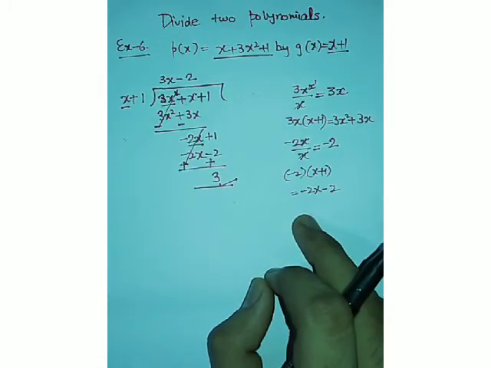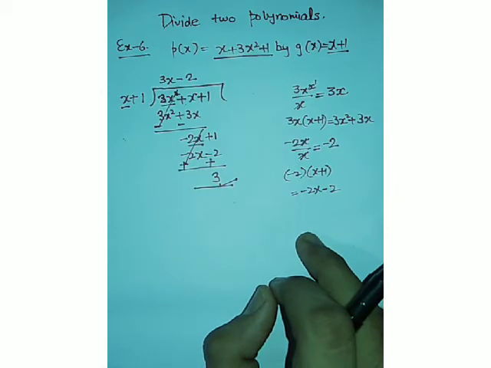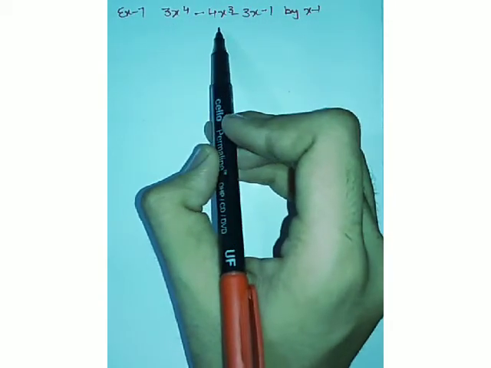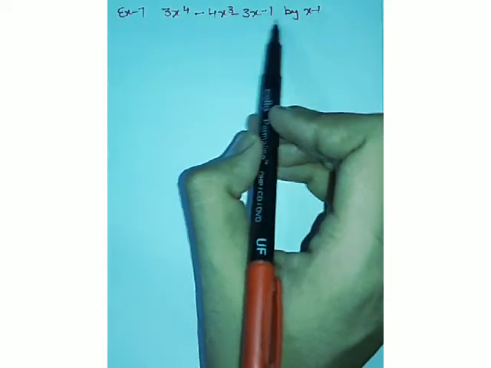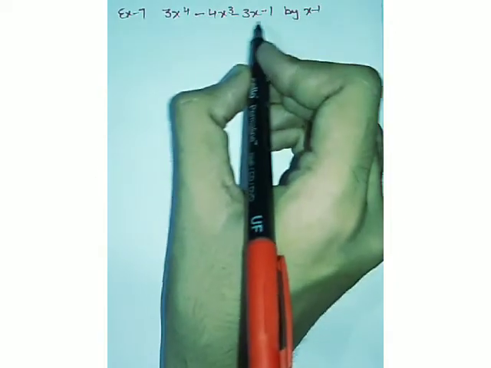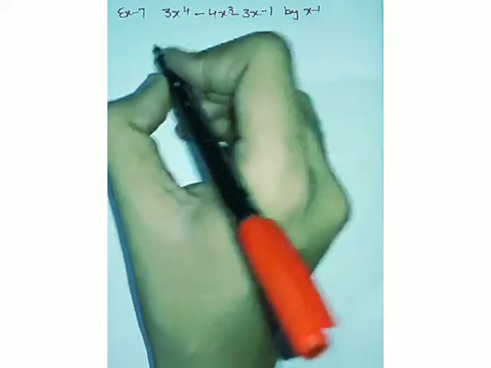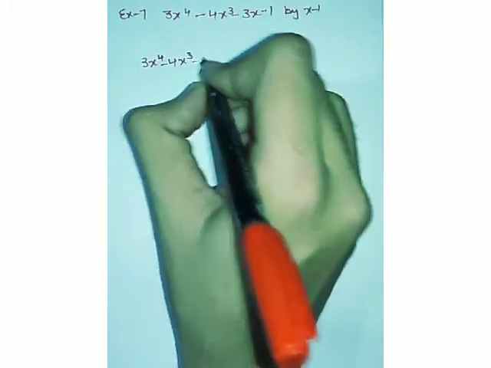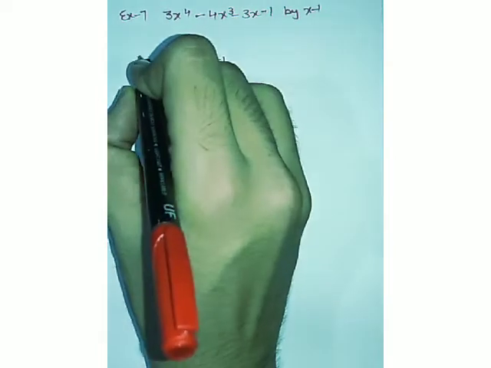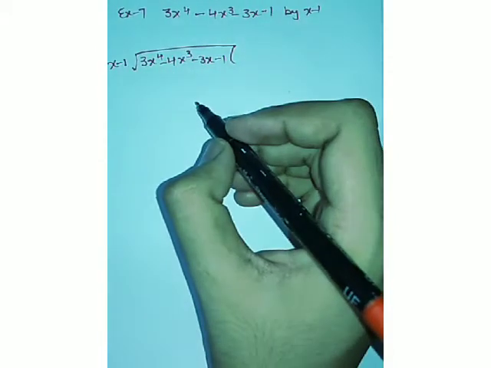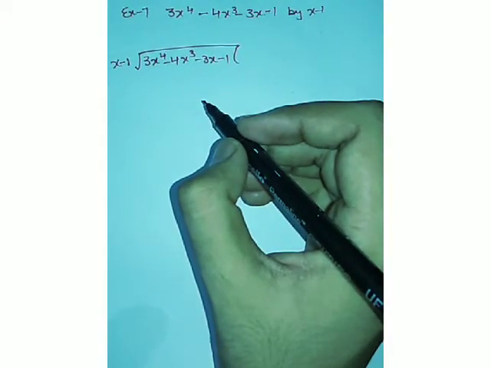So let's try another example, a typical, complicated one, of how to divide two polynomials. Now we have to divide 3x raised to power 4 minus 4x cube minus 3x minus 1 by x minus 1. This will be our dividend, and it is already arranged in the decreasing order of the degrees of the variable. So we will write it as it is: 3x raised to power 4 minus 4x cube minus 3x minus 1. What will be our divisor? x minus 1. We will follow the same procedure step by step in order to make things clear.